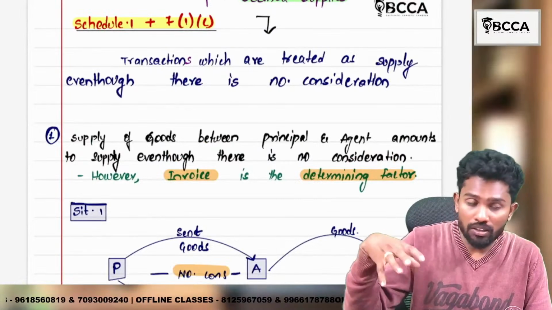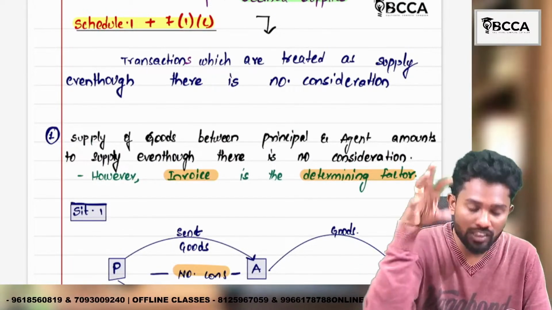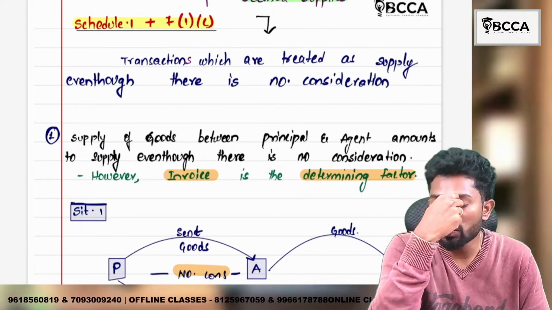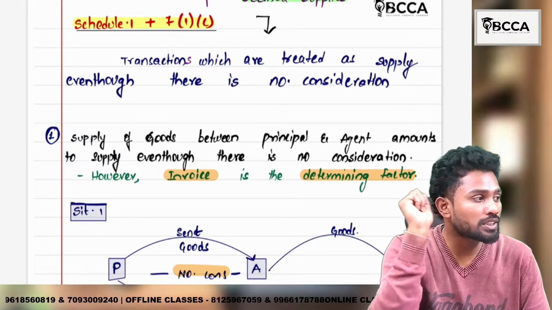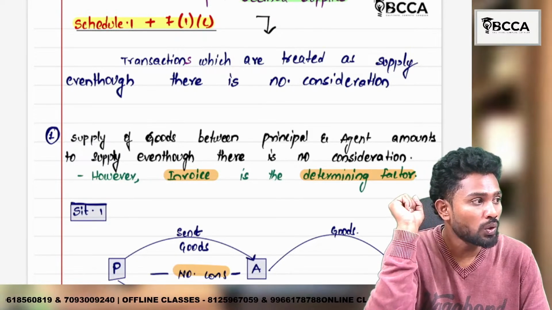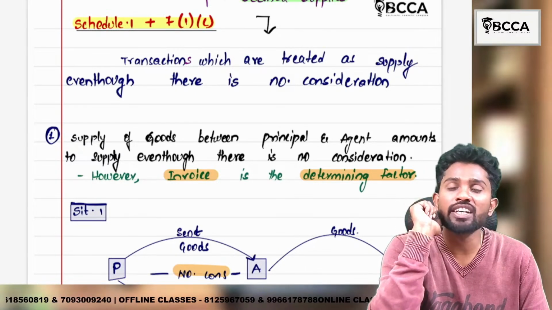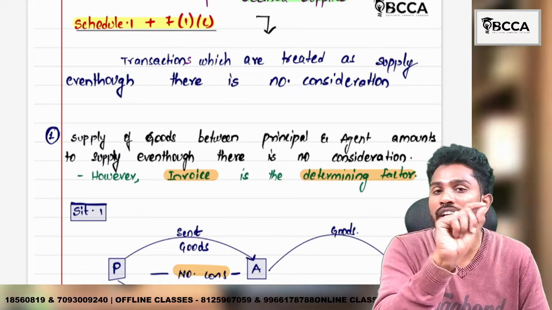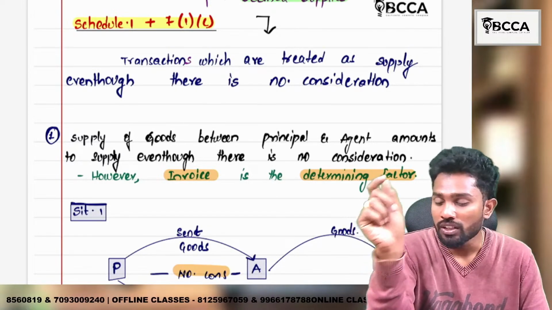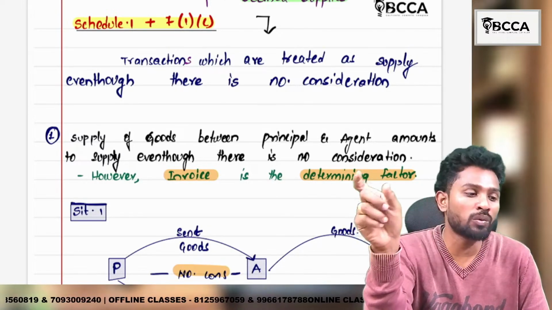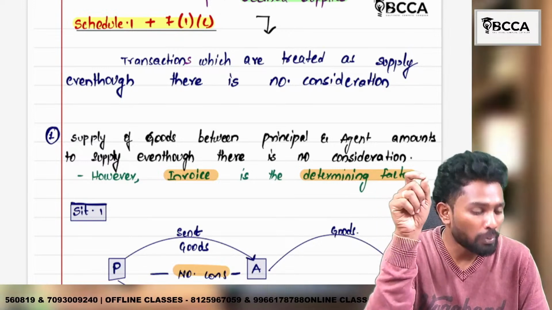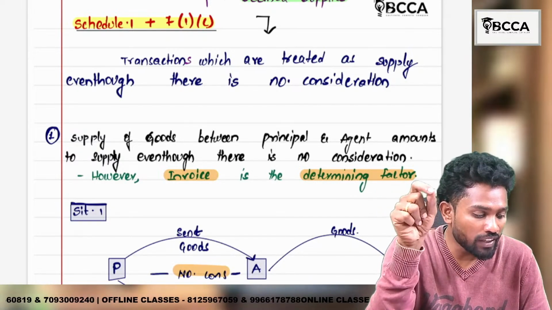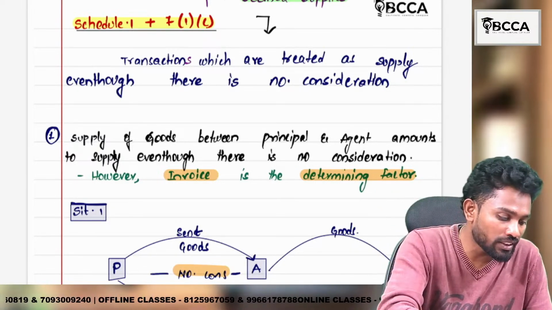Then in the exact previous class we have discussed about schedule 1. What is schedule 1? Transactions which are treated as supply even though there is no consideration. The first one is what? In between principal and agent, if any goods are transferred, even though there is no consideration involved, it can be called as supply, provided the determining factor, the deciding factor, is